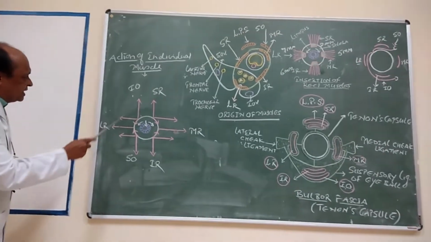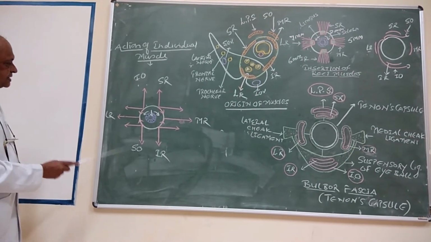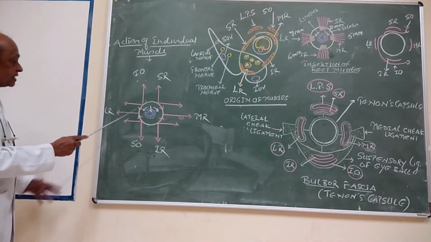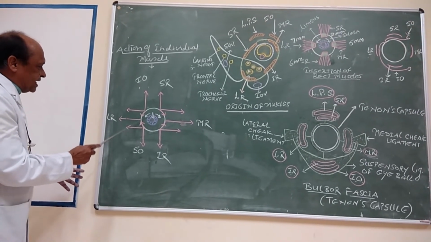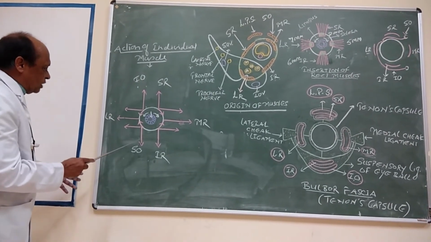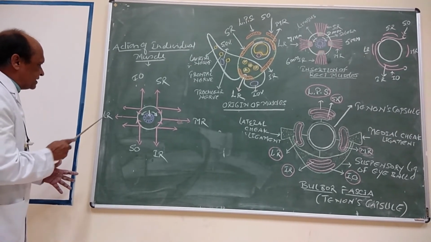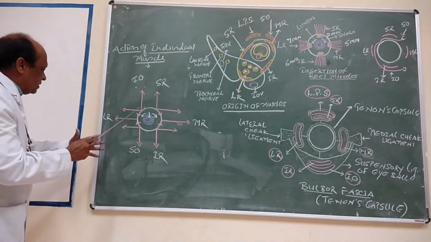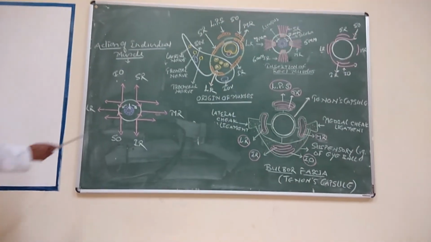Same is over here. Look at this. The lateral rotation is brought about by this muscle and this muscle. Why? Because the in-turn and out-turn movements are neutralized, and the upward movement and downward movement are neutralized by all three muscles, superior oblique, lateral rectus and inferior oblique, which are responsible for the lateral rotation of eyeball.